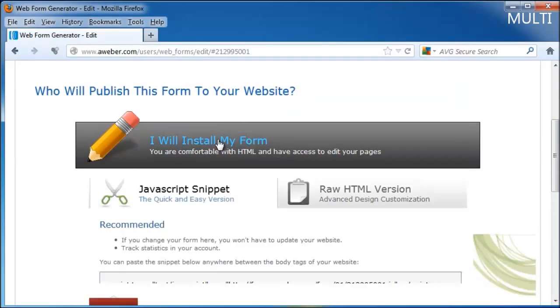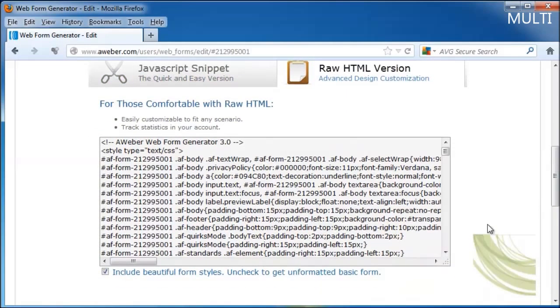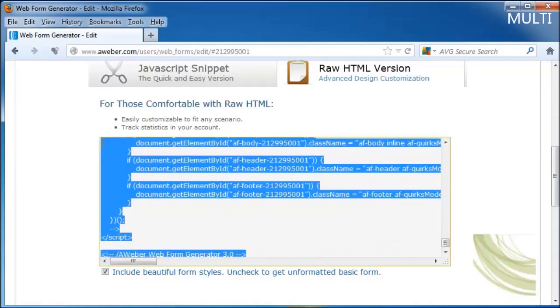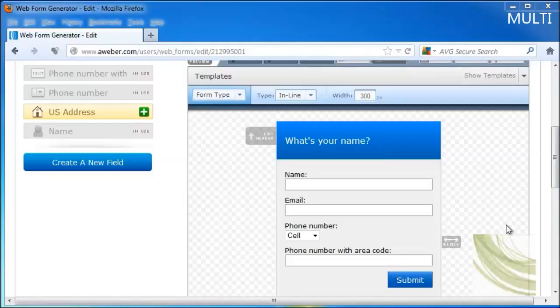I would choose I will install my form, and it will let you decide whether you want the JavaScript snippet or the raw HTML version. So if I have an HTML email that's going to be going out, I would click on Include Beautiful Form Styles, or if you want to go to an unformatted form, you could do that. I would click, so it chooses it all, right click, hit copy, then I'm just going to paste that HTML code into the HTML of my